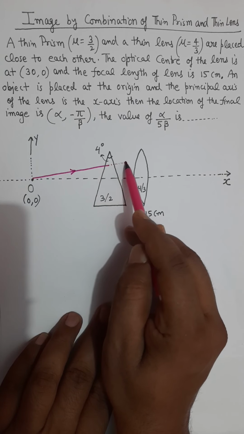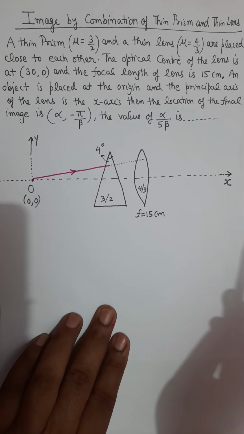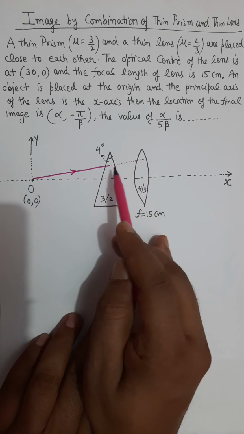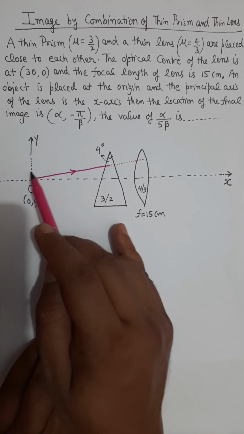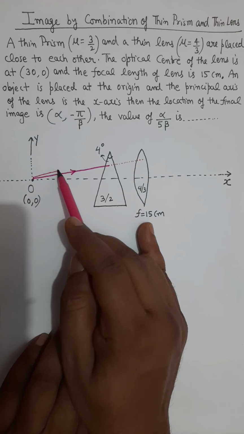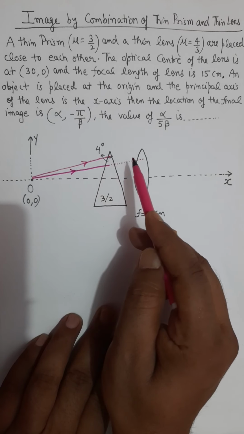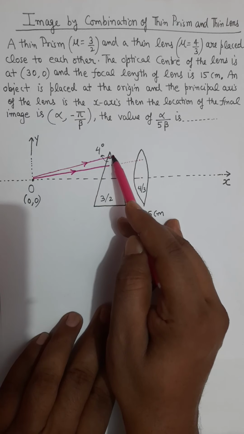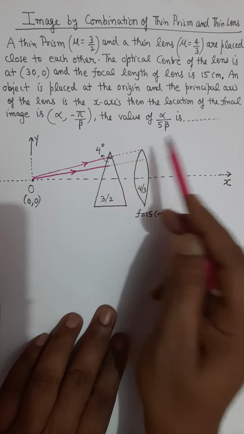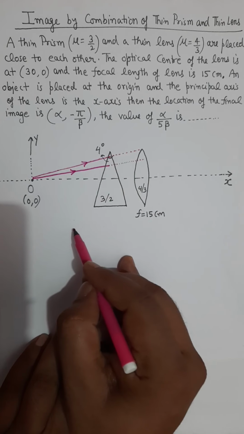This ray will be deviated by the prism as per the basic nature of prism. This ray will be deviated by some angle, and I will consider one more ray which falls on the prism. So this ray will also be deviated,